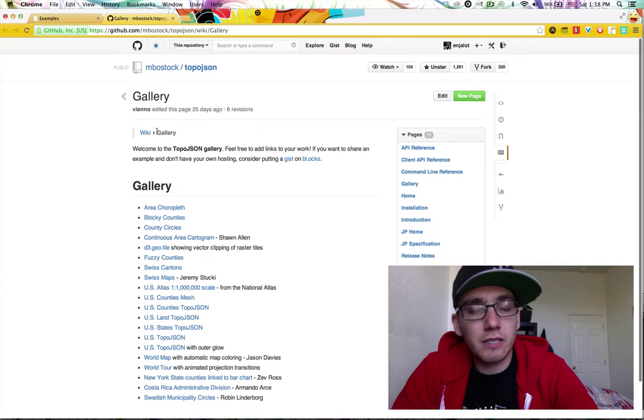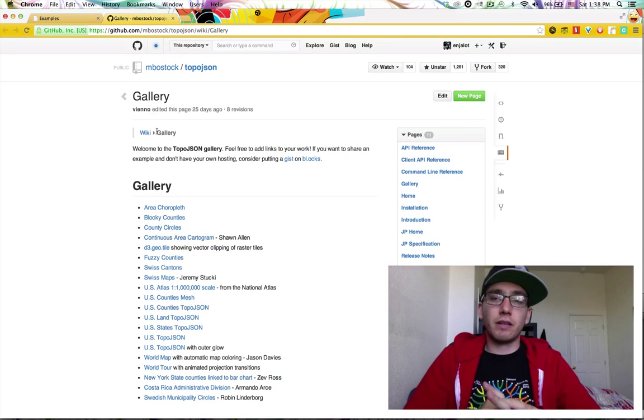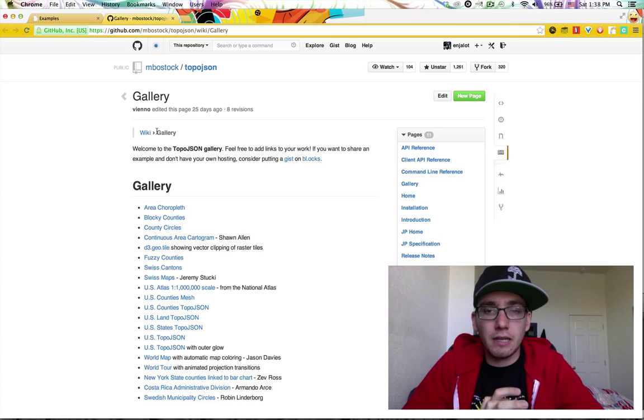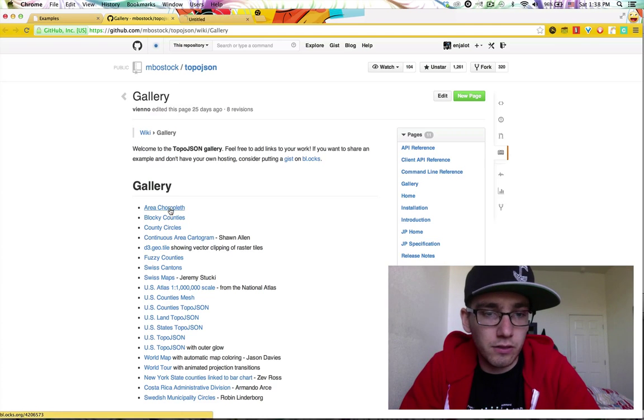So the problem with GeoJSON is that it's fat. It takes up a lot of space. It's a lot of text, a lot of characters. And TopoJSON is a more efficient format. It also allows you to reuse lines that are touching. So let's just open some of these things,